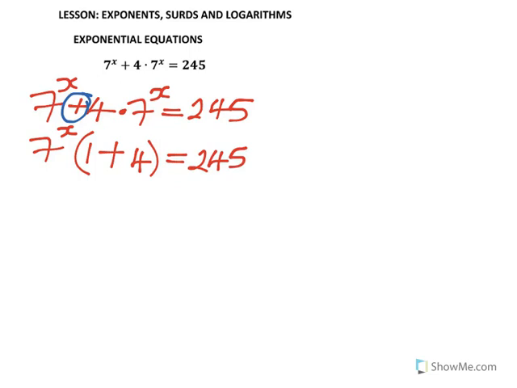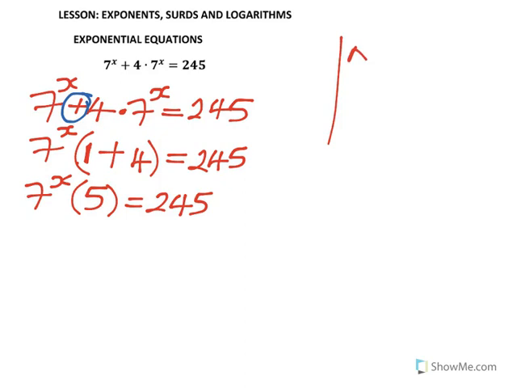Why 1? Because 7 will get into 7 exponent x once, hence you have got that particular 1. Hence here 7 exponent x, 1 plus 4 is a 5, is equal to 245. Just to note, when you're factorizing like this, 7 exponent x plus